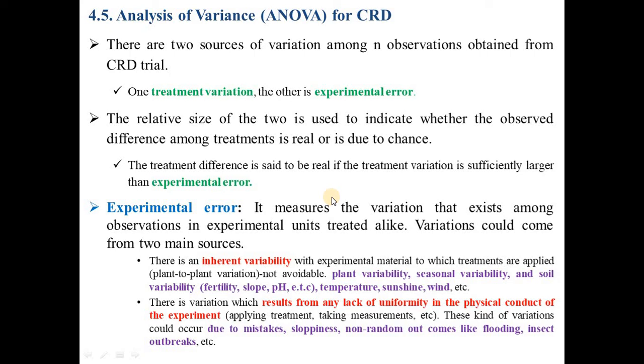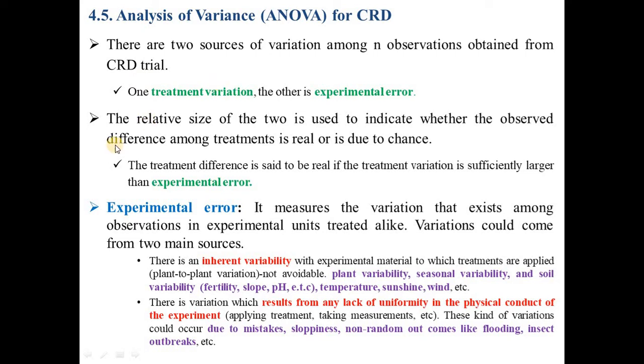Complete randomized design, which is CRD. There are two sources of variation among a number of observations obtained from the CRD trial. The one is the experimental variation, or treatment variation, and the other one is experimental error. So the treatment variation and the experimental error are considered as the two sources of variation in the CRD